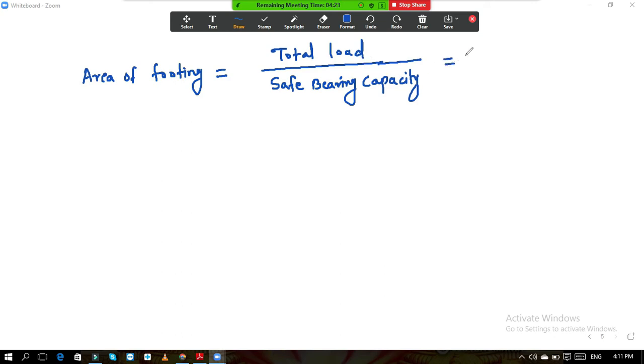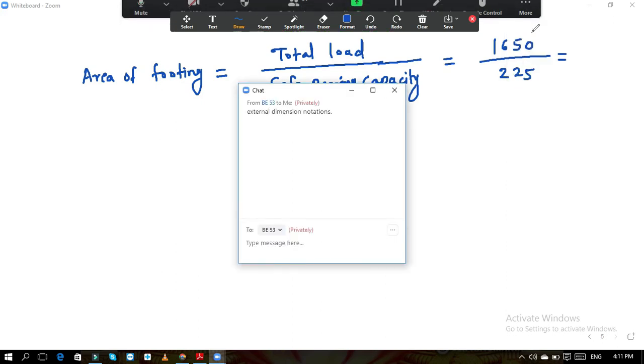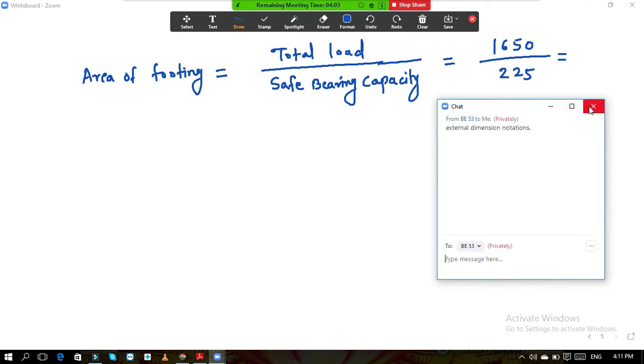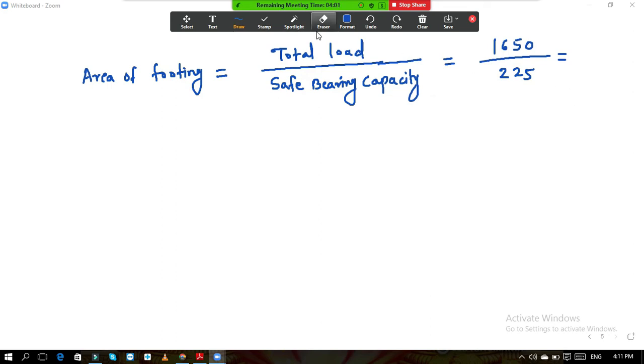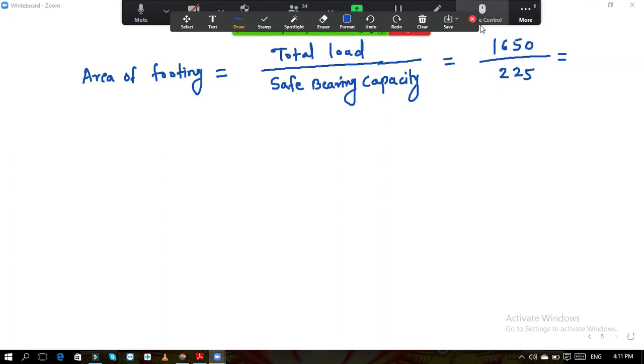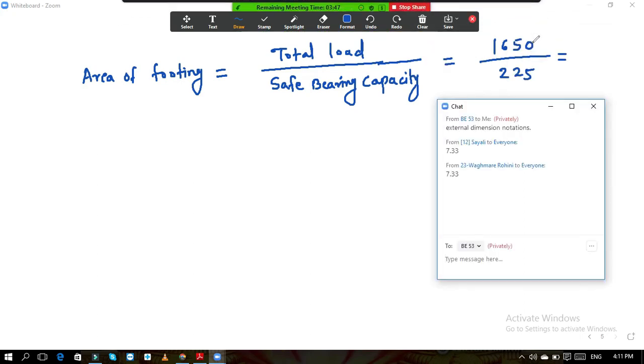So which is equal to, what is total load? 1650 kilonewton divided by, what is your safe bearing capacity? 225. Now solve this, so we will get the value. Let me know the value. Let me know how much it is. 7.33. Okay, so this is